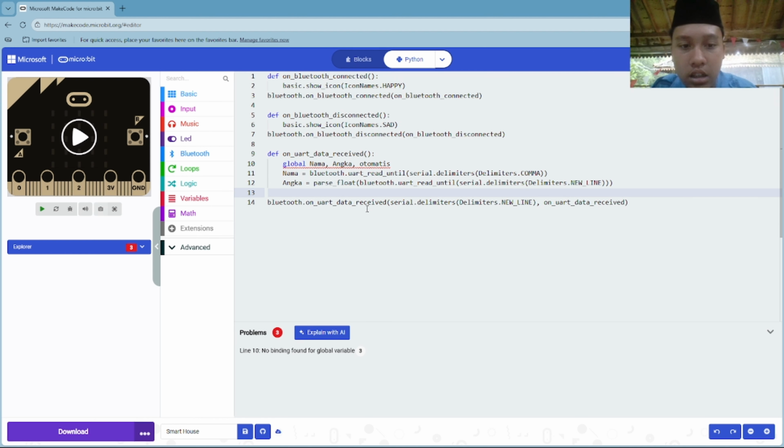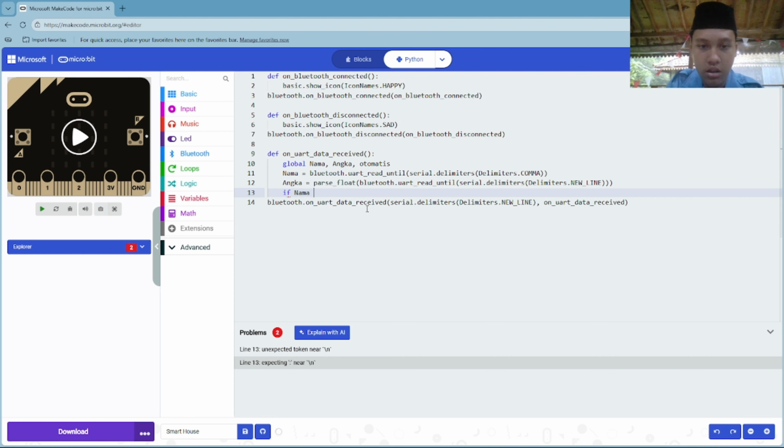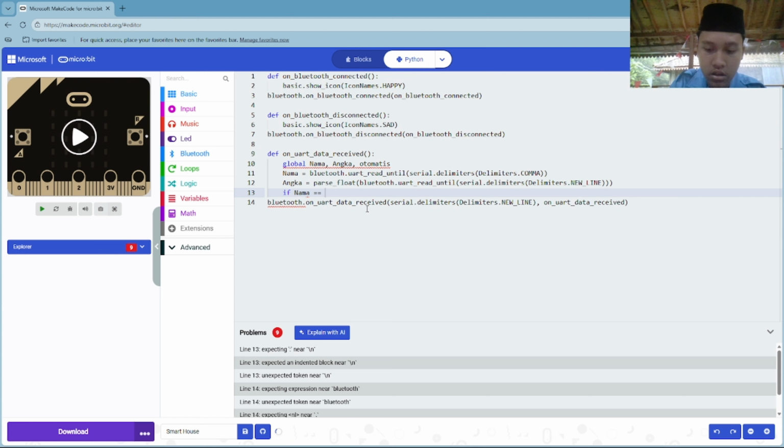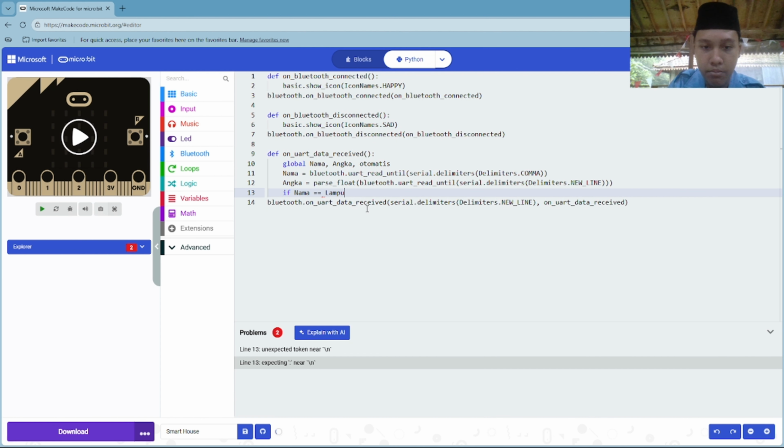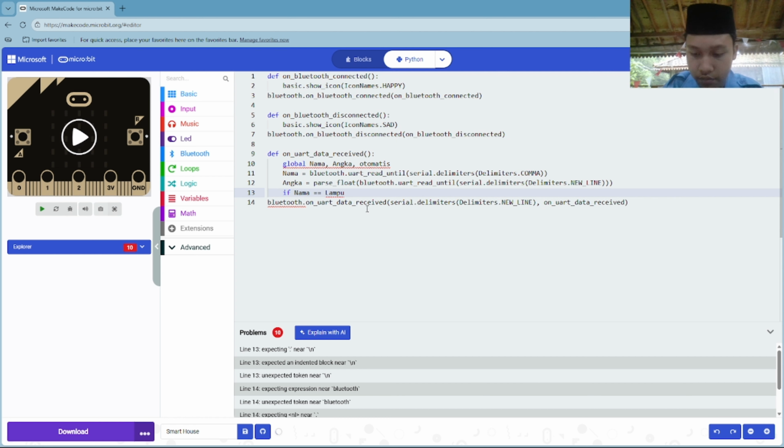The next we'll just continue, so we'll make it if nama equal lampu, then this one.